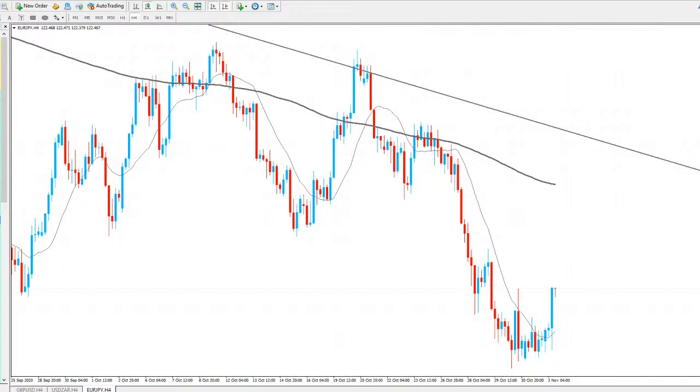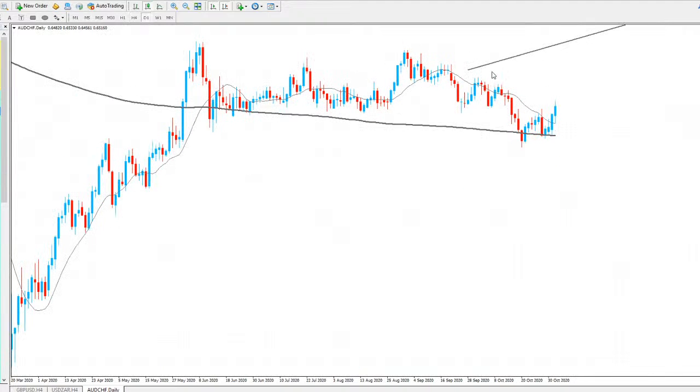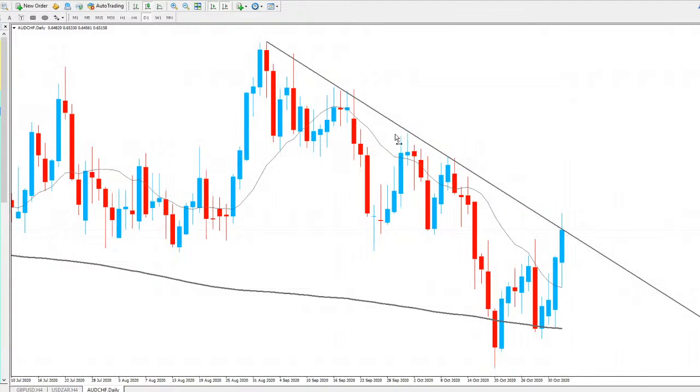Okay, so we're going to take a quick look at AUD CHF for this pair. I'm going to start with the daily chart and then work my way down to the hourly. For this one, again, kind of a corrective push to the downside that we have here. We've got a trend line going for the market here for the daily time frame that we need to be aware of. As you can see here, initial test there, second, third, fourth, fifth.